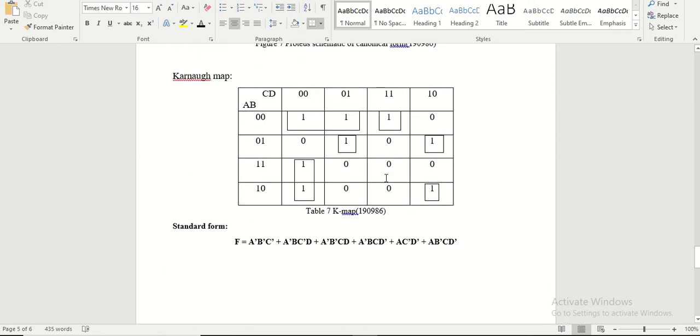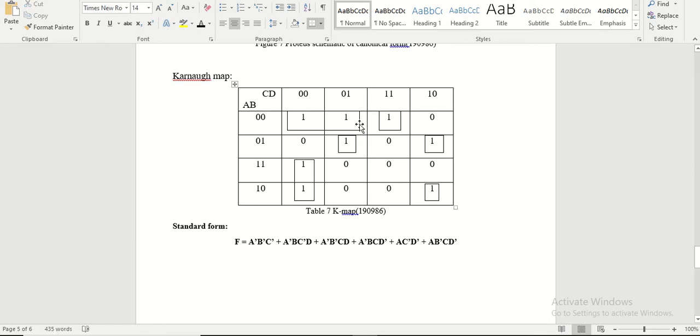So here is the Karnaugh map. A Karnaugh map is basically a matrix in which there are rows and columns. Here you can see we have CD. We place 2 inputs in the column form and 2 in the row form. We have here AB, so this corresponds to A0 and B0, and this one to A0 and B1. In this way, this column is AB and this row is CD. So this one belongs to 0 0 0 0.